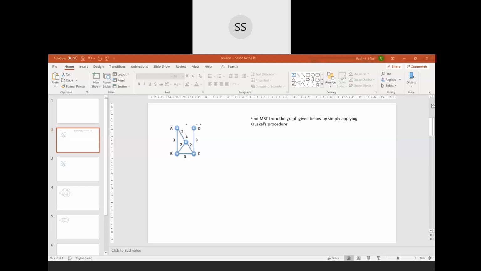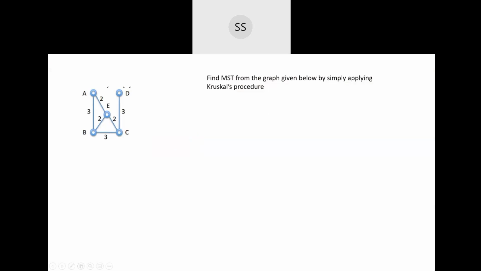Okay. So we will have to do this question a little carefully, because the question is you have to find the minimum spanning tree from the graph. Okay. So for that, it is the same spanning tree concept. There's a small thing that you need to note in that.